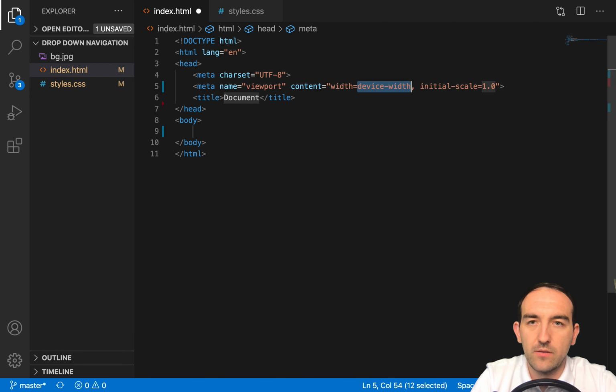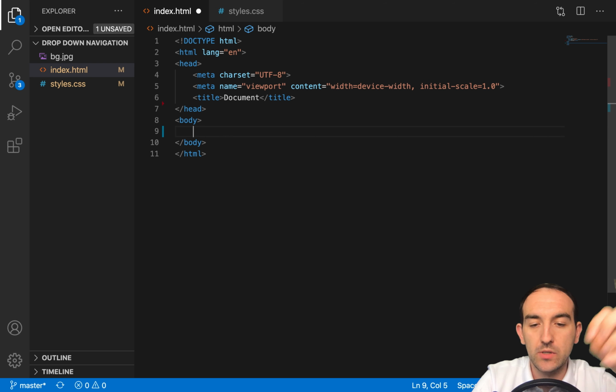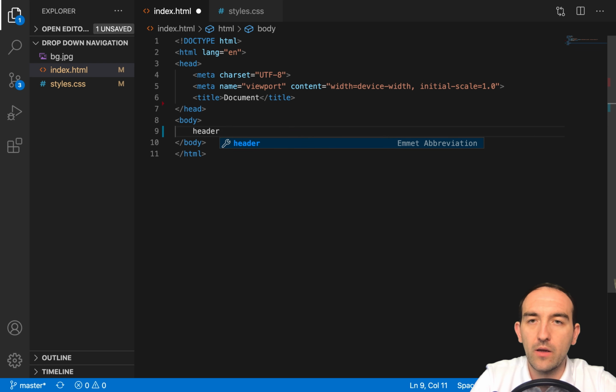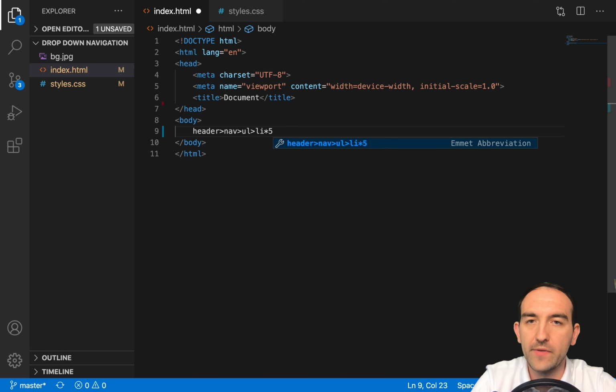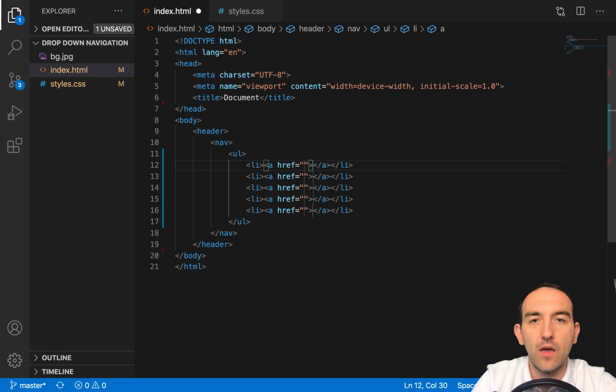It's a basic page. What do we need? In the header, we need to create navigation, and inside we will use an unordered list with the items of our menu. So we need to create navigation. Inside we will have an unordered list with li. We will have 5 of them, and we will have an anchor inside. And now we can create href, it will be empty, but